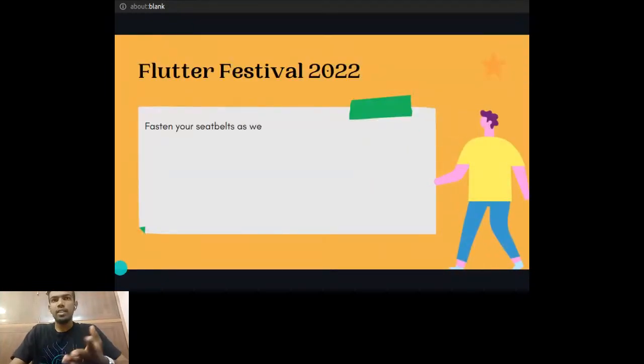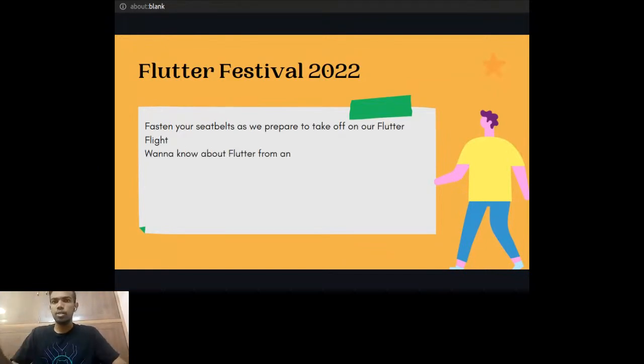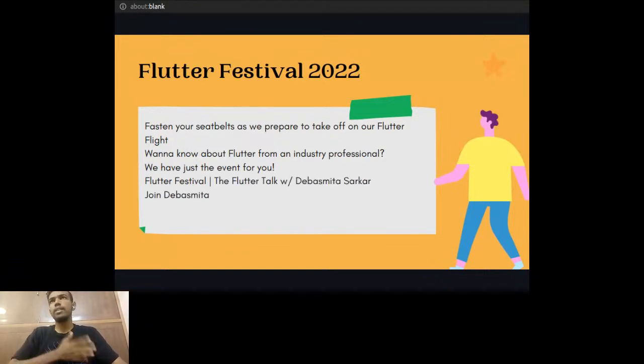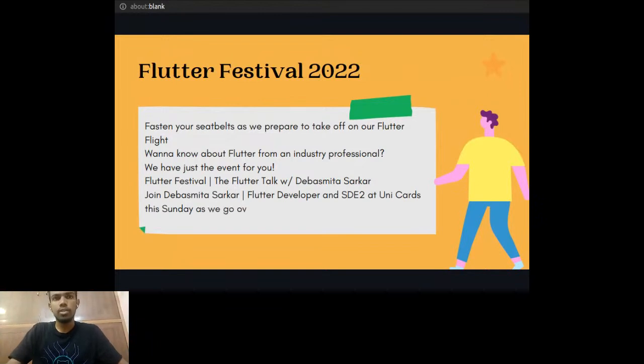And we did Flutter Festival. Like Android Study Jams is going on now, right? This year they are doing totally about Compose, but last year it was about Kotlin itself, whole Kotlin. We did Flutter as well because Flutter also comes under Google. We did it for nearly a month. We did many collaboration events as well, and it was really good.